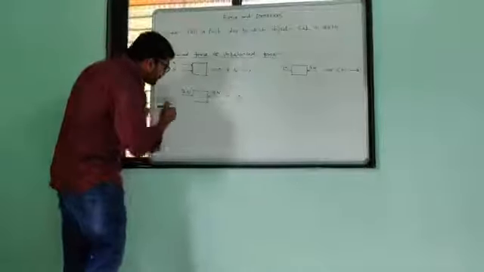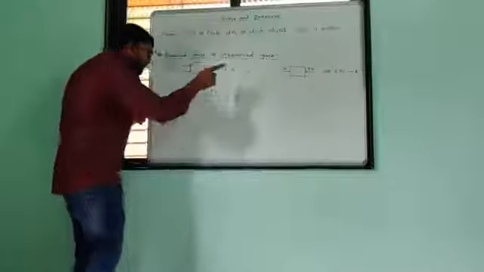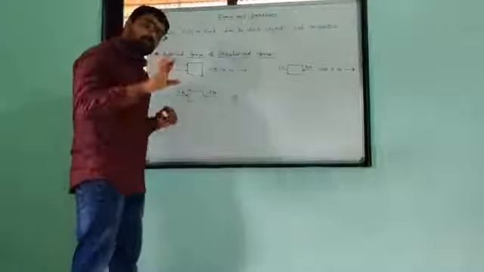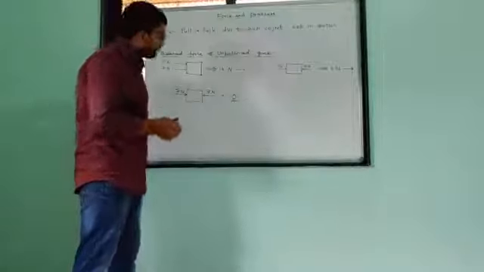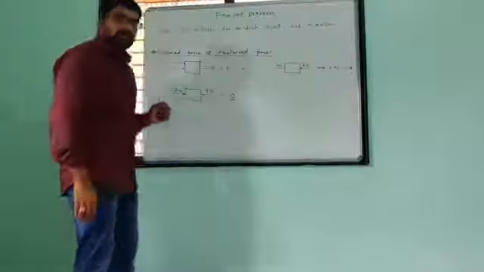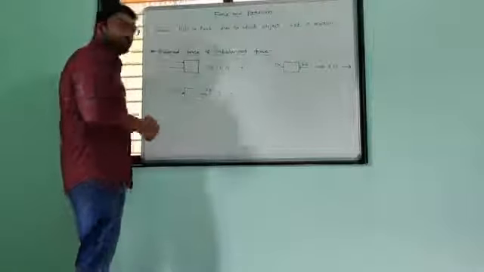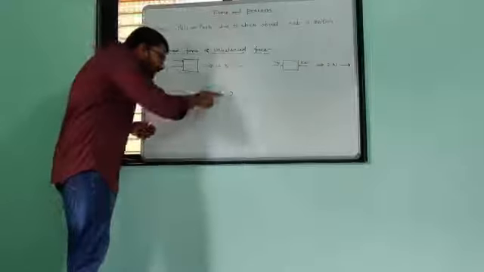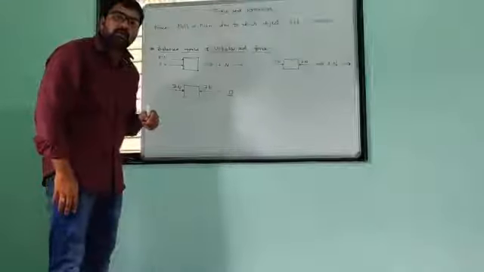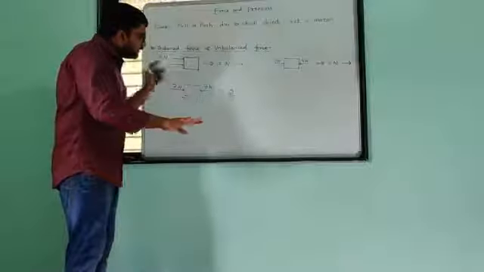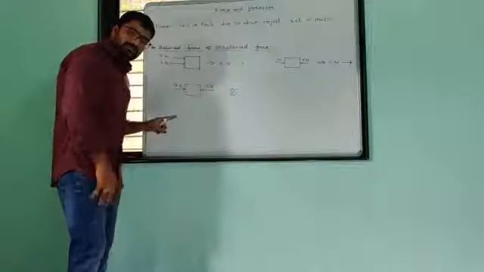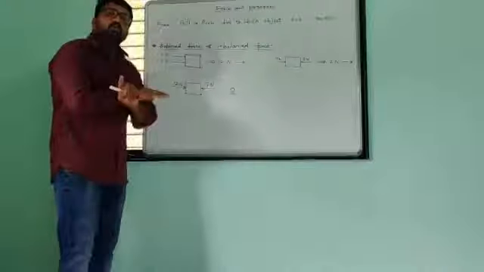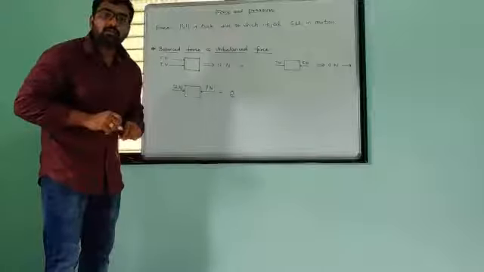Suppose this first person applies 7 Newton force in the forward direction. Okay, and this second person also applies 7 Newton force in the backward direction. So here the amount of force is equal. So the resultant force is how much? 0 Newton. It means we cannot move this object in such a case. When we apply equal forces, motion of an object is not possible.